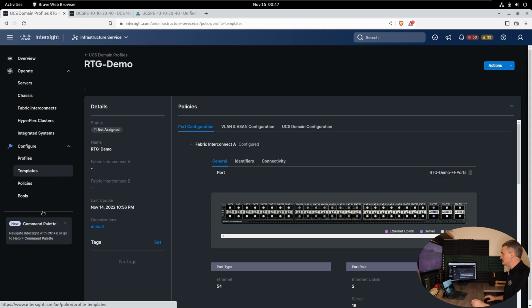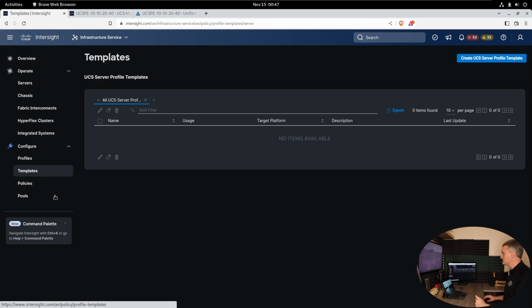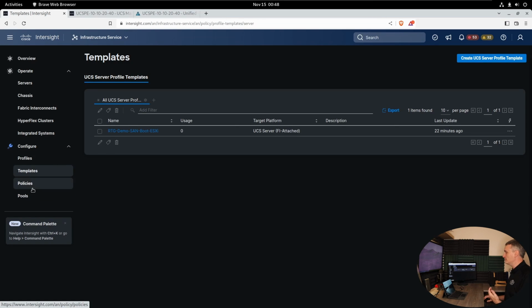The other thing is you can then go into templates. Again, we've got the profiles, the pools, the policies, the 3 Ps of UCS. They're still there. But now you also have the templates, the cheat code really of UCS. I've already created a template, and one of the things that I just want to show is